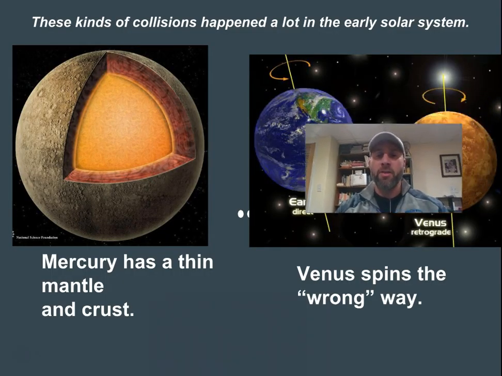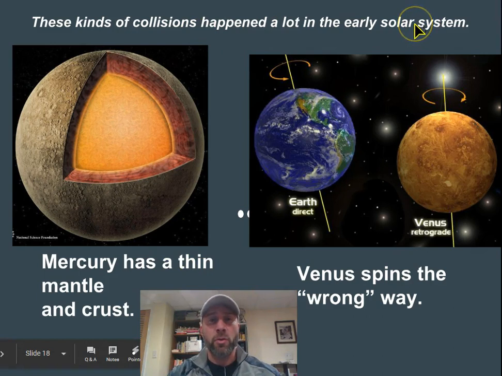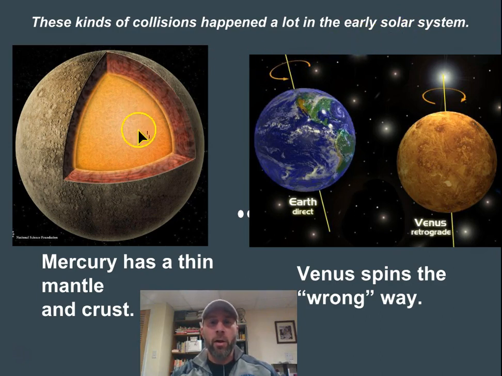Now, again, just some kind of side note here, evidence of how we know that this happens. This happened a lot in our early solar system because there was a lot going on. Right now it's kind of boring out there. It's a lot of just kind of space. But early on we had all kinds of stuff going on.